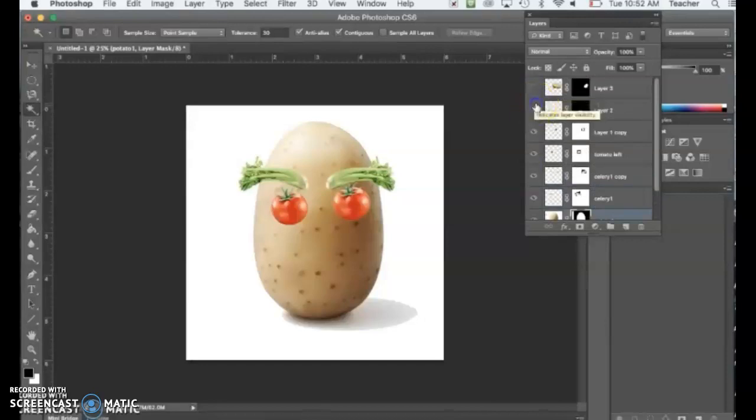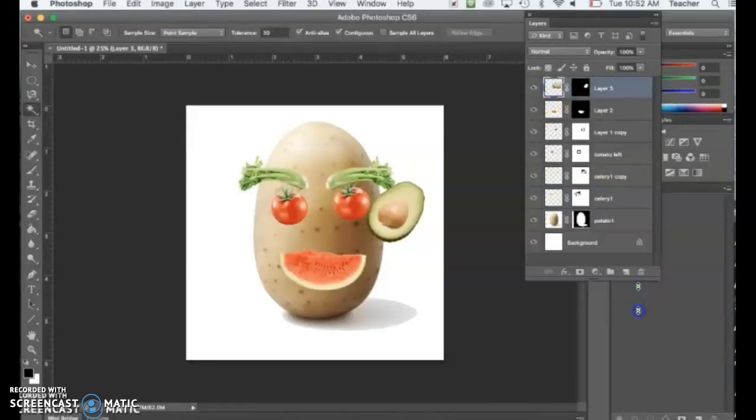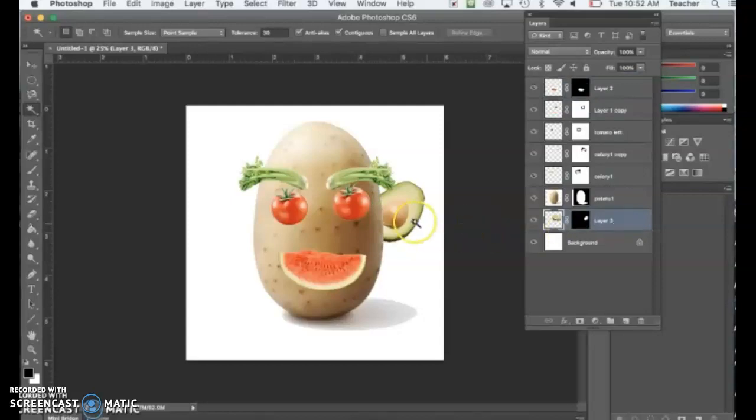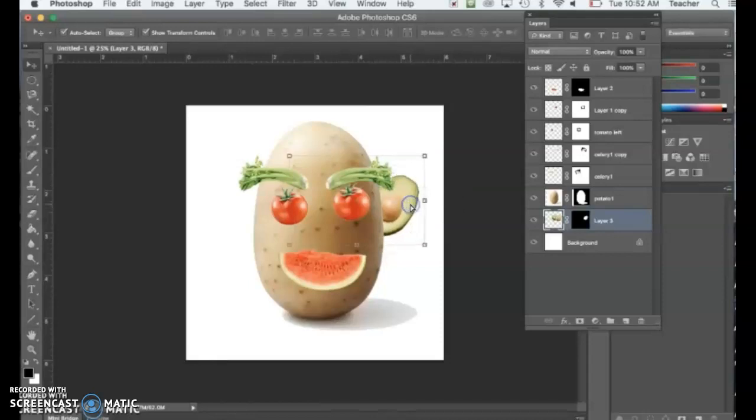Okay, so now I'm going to turn on all of my vegetable layers again, and I want to pull my avocado layer down below so that it's behind the potato layer. Now you can see it's behind it, which is pretty cool. So if you want to rearrange it, play around with it, you can. And I'm going to make a copy, holding Option